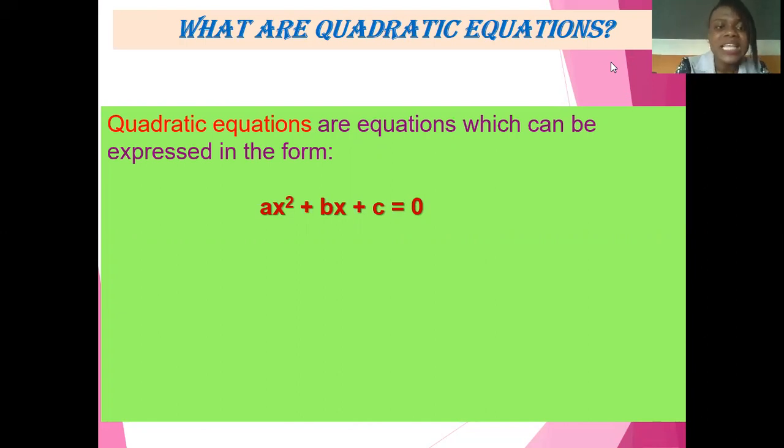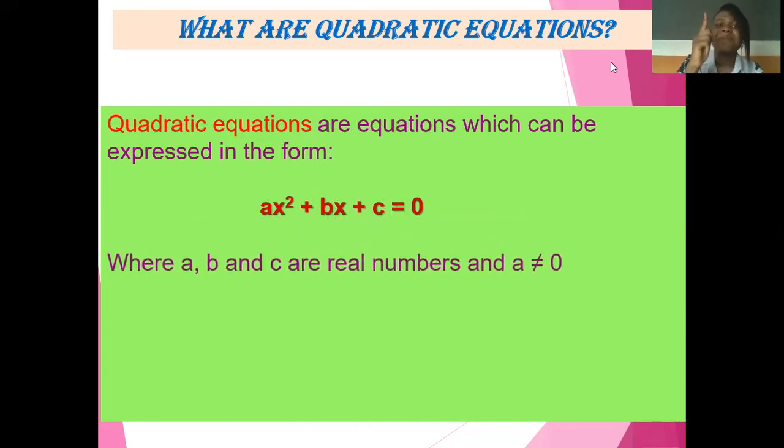Let's move. Now, take note that A, B, and C must be real numbers. You cannot have imaginary numbers like the square root of -5. That's not a quadratic equation, okay? So A, B, and C must be real numbers. And A must not be 0. So B can be 0, C can be 0, but A must not be 0,